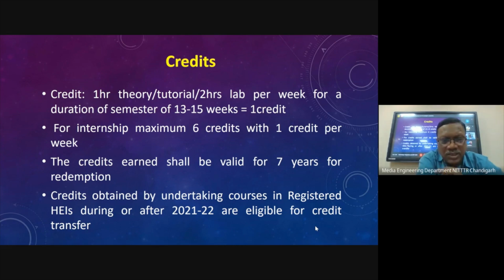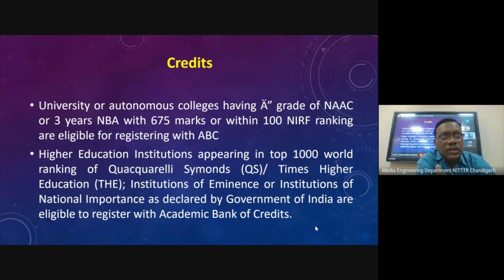So this is 7 years, and only the registered higher education institutes who are eligible, who register on the site, will be in a position to put their credits. I'll come to that. Then who are the eligible higher education institutes? The autonomous colleges or universities having NAAC A grade and above. So only institutes having A grade and above, or if the institute has an NBA accreditation,